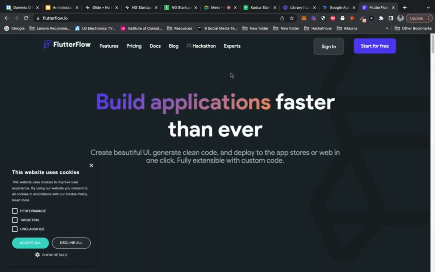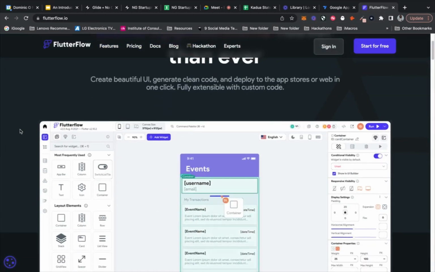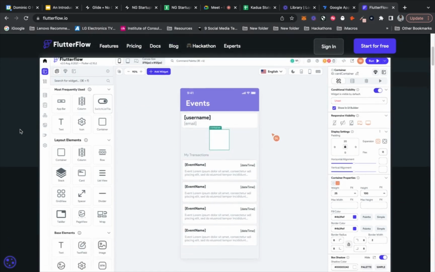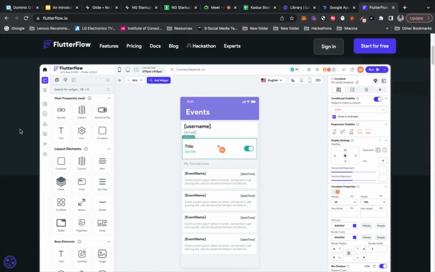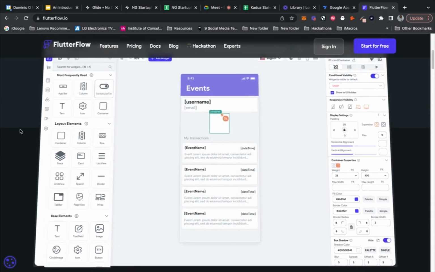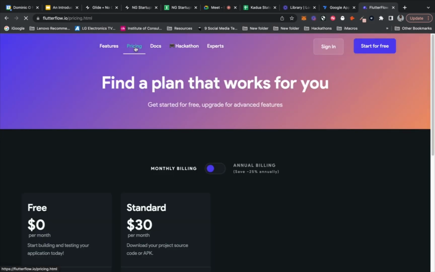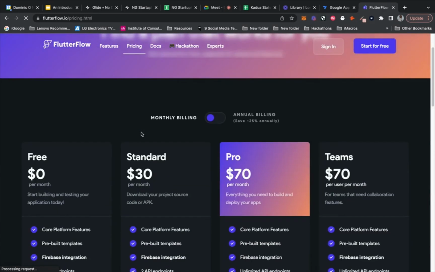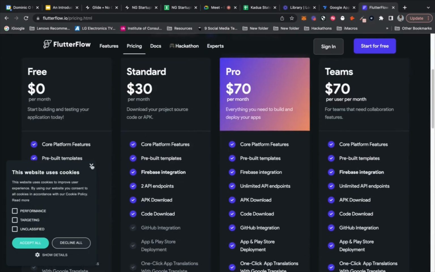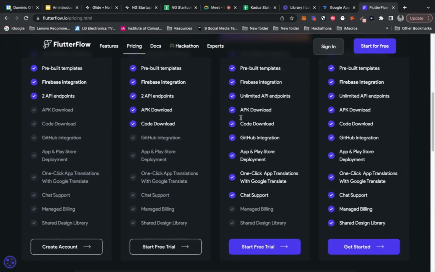There's another tool called FlutterFlow, which is a little bit more complex than what I just showed you, but it allows you to connect the backend to Google Firebase, and it also allows you to export Flutter code. So this allows you to actually export the code. If we go to the pricing, it does have a 2-week free trial. So maybe you connect it with one email and experiment for 2 weeks and then connect with another email and then do your real app for another 2 weeks.